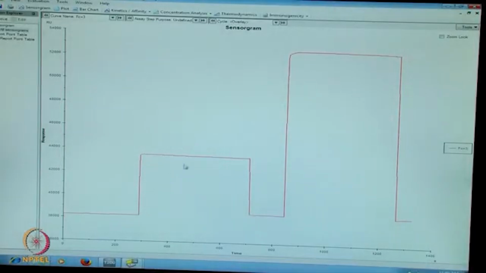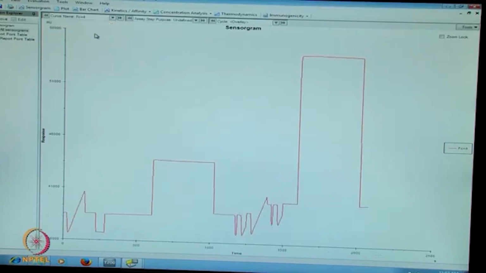So this is a blank sensorgram. After immobilization, we will see the reference surface is blank immobilized. Here you see the activation of the chip by EDC NHS and blocking of the surface with ethanolamine. So this will be the blank immobilization. Now we will go to another surface or another flow channel. Going to the next flow channel, FC4,